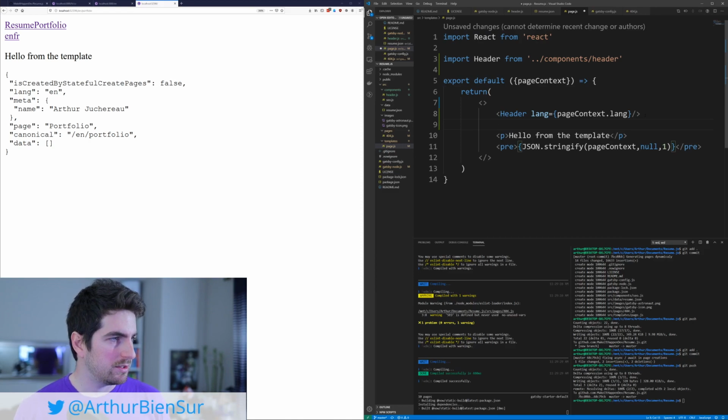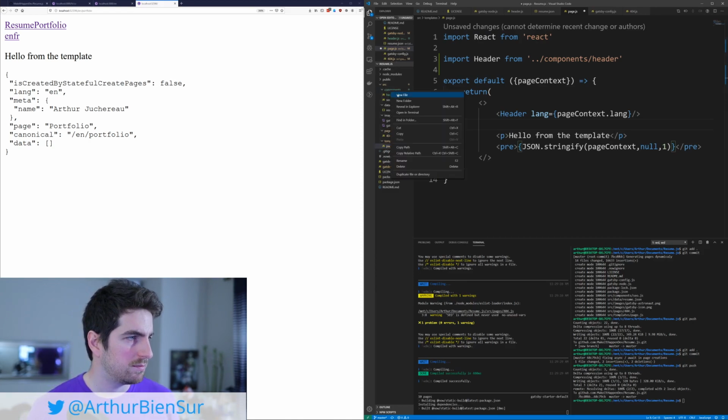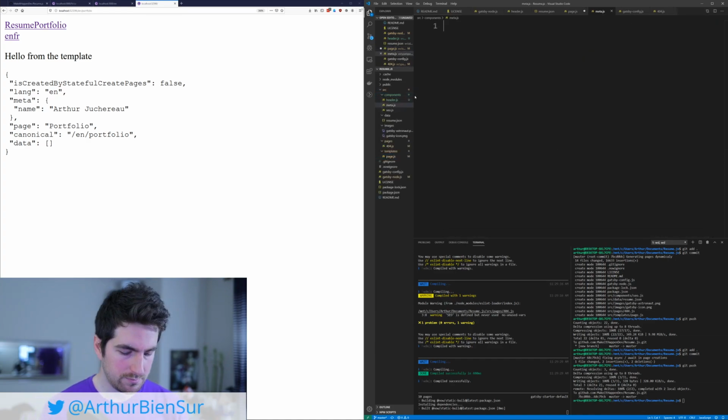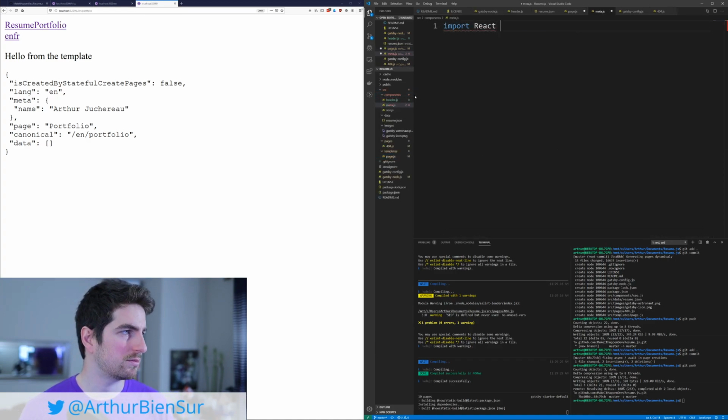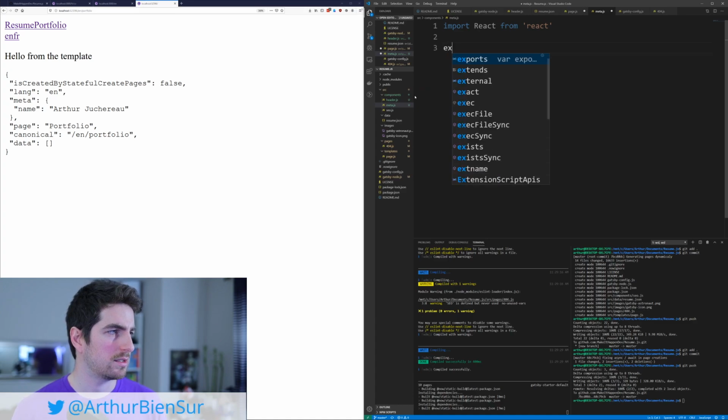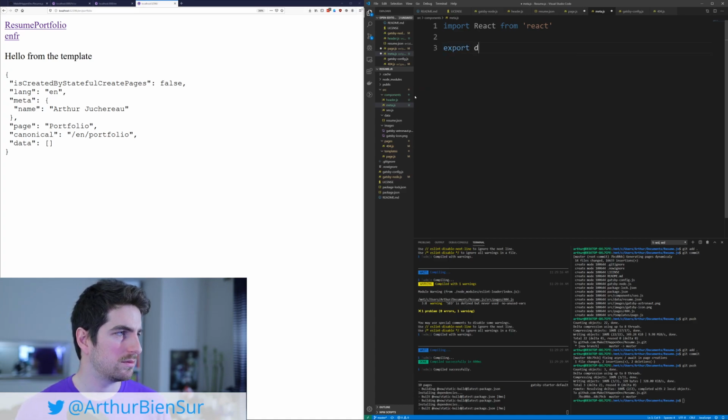But I am going to actually display here meta.js, import React from React, export default. Here we'll get lots of props,